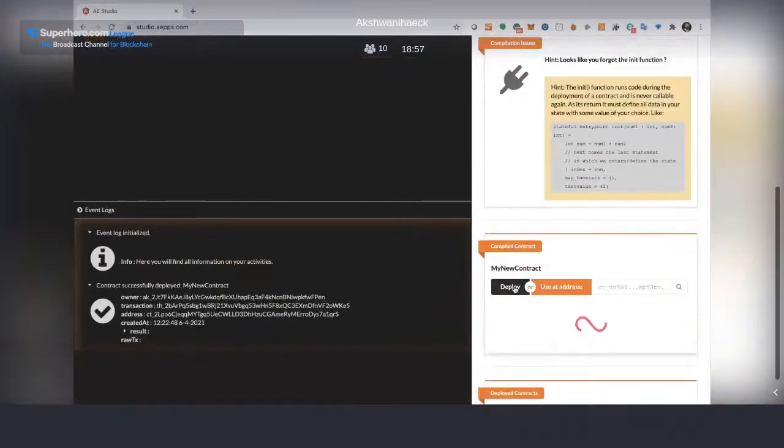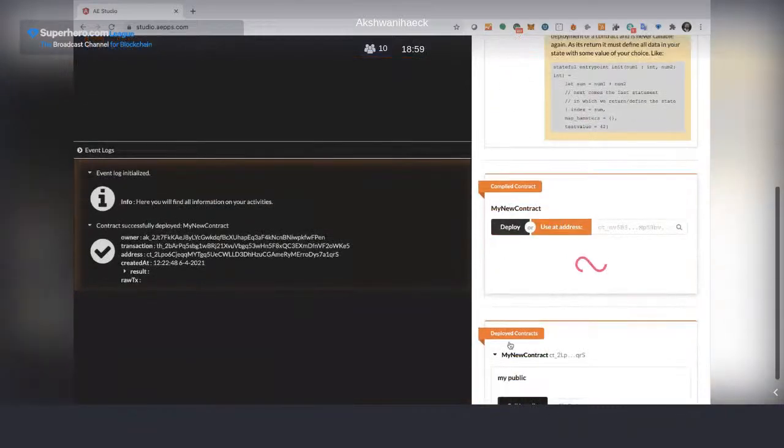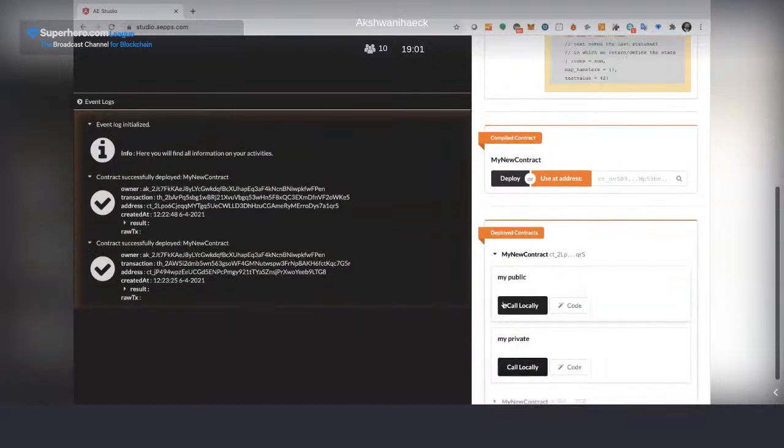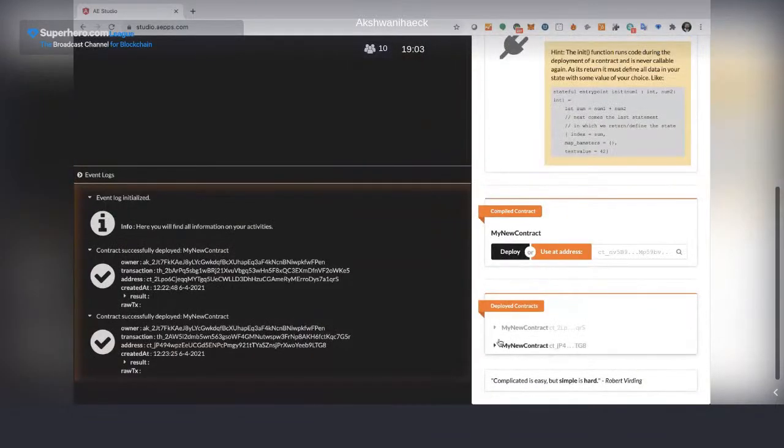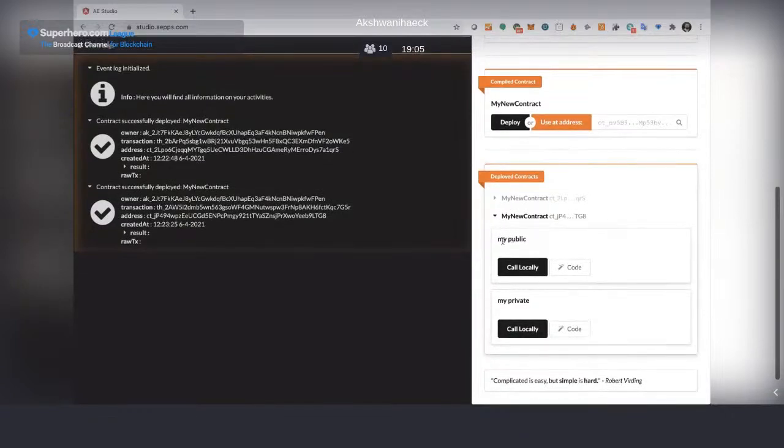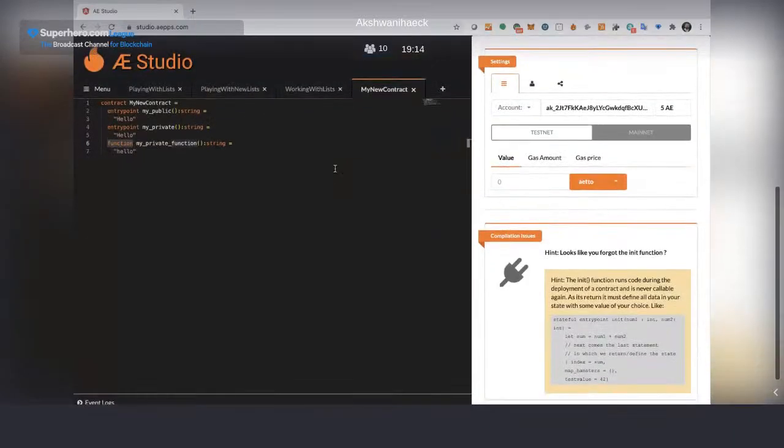Let's try it again. So you have your entry points as public and you have your functions as, let's say, private. In previous versions, there was the possibility of using public, but that was changed some versions ago.